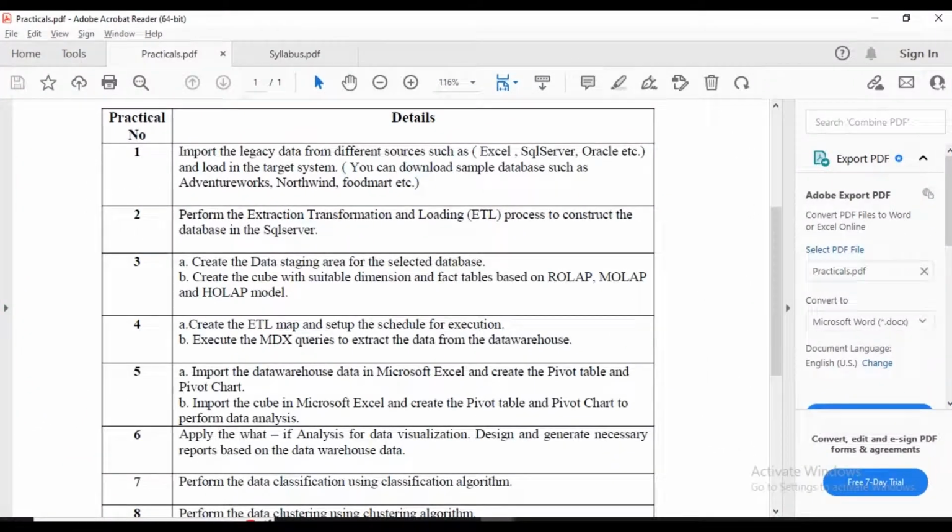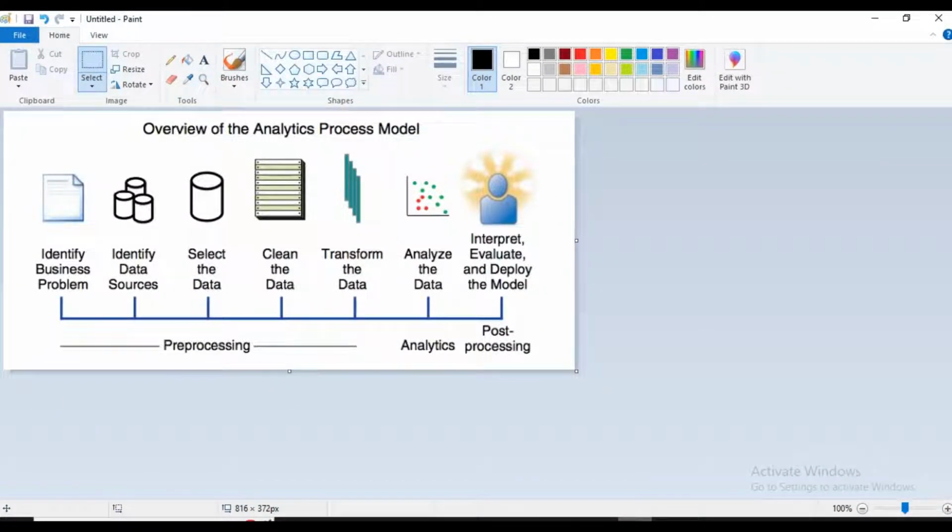Welcome students. In our last video, we saw the installation of Power BI Desktop. In this video, we are going to complete our practical number 1. But before I start practical number 1, I would like to show you the basic overview of the analytical